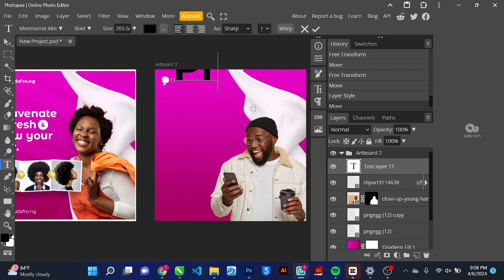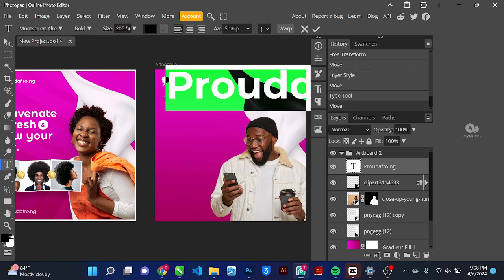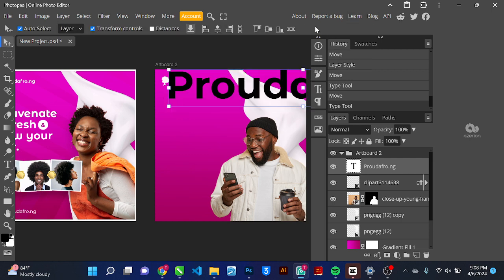Then we are going to type proud afro. Now we have a problem. The text is too big, so I'm just going to confirm and wait for my boxes to appear. Now, if your box is not appearing and your transform controls is active, what you can do is